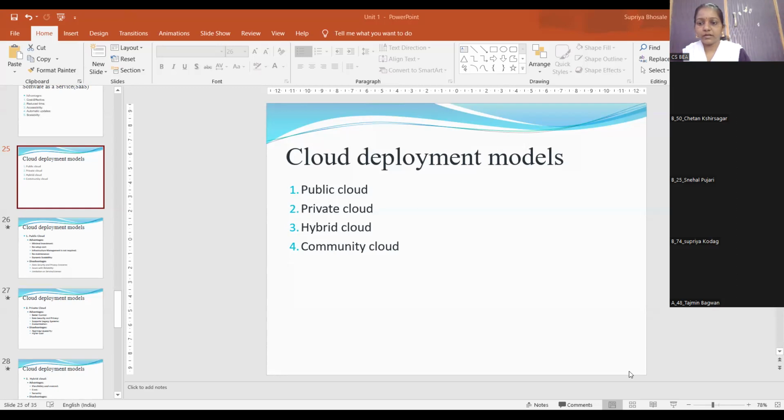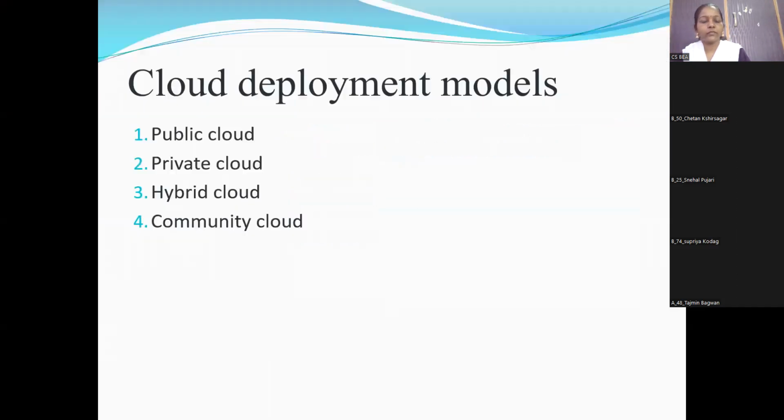So in our last lecture, we have seen the cloud deployment models. In that we have seen the public cloud, private cloud, hybrid cloud, and community cloud.